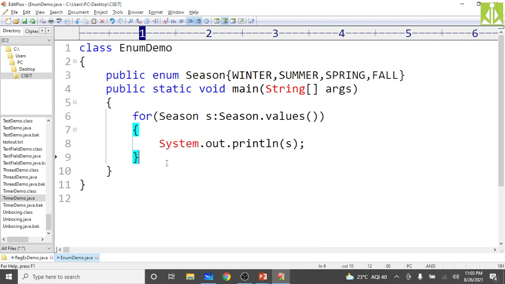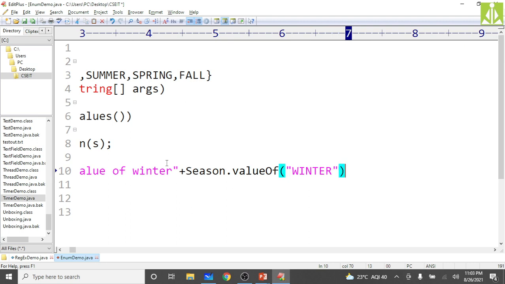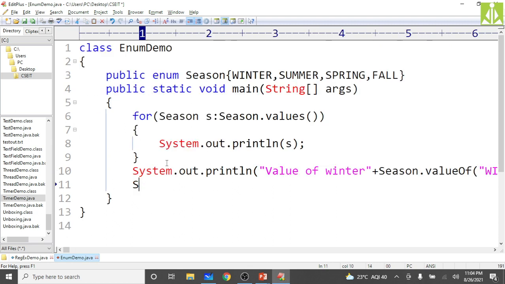As we are printing those internal fields here, now what I am doing is System.out.println of value of winter: Season.valueOf("winter"). Then for the index, we print the index of summer.